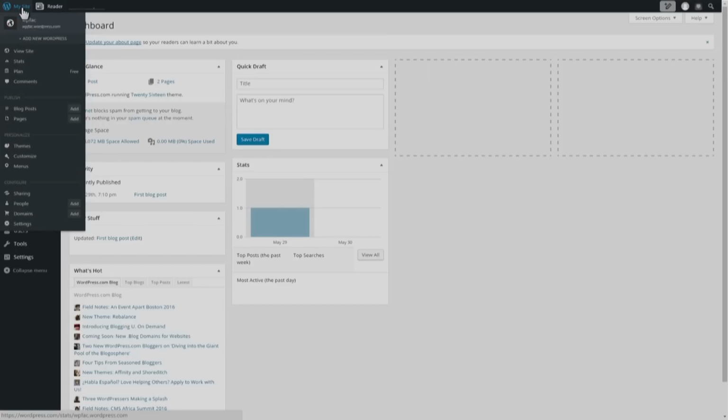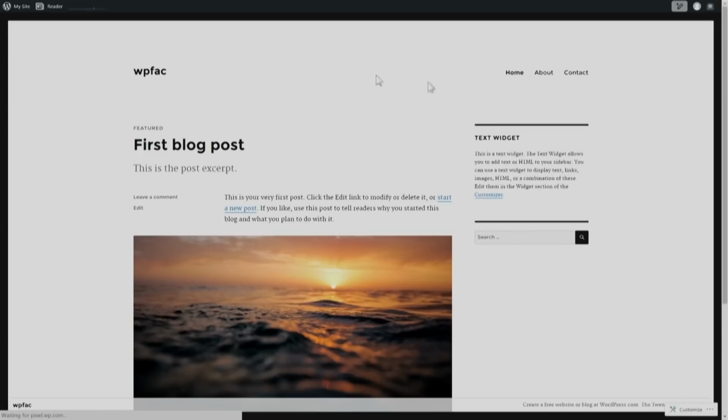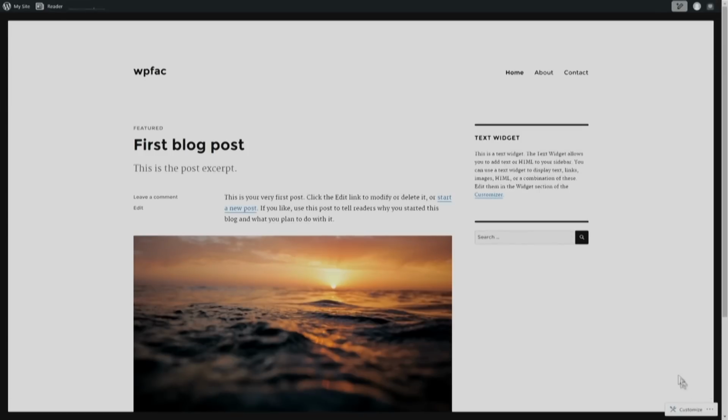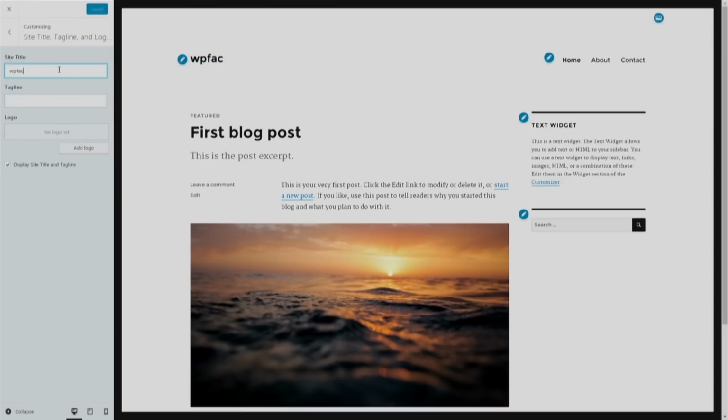Okay. So let me go back to the site wp-fac and customize the site. So I click on Customize on the right bottom and I come here. So it says that you are customizing wp-fac. So this is the name of the site. So if I want to change the name of the site to something else, I use this edit link here